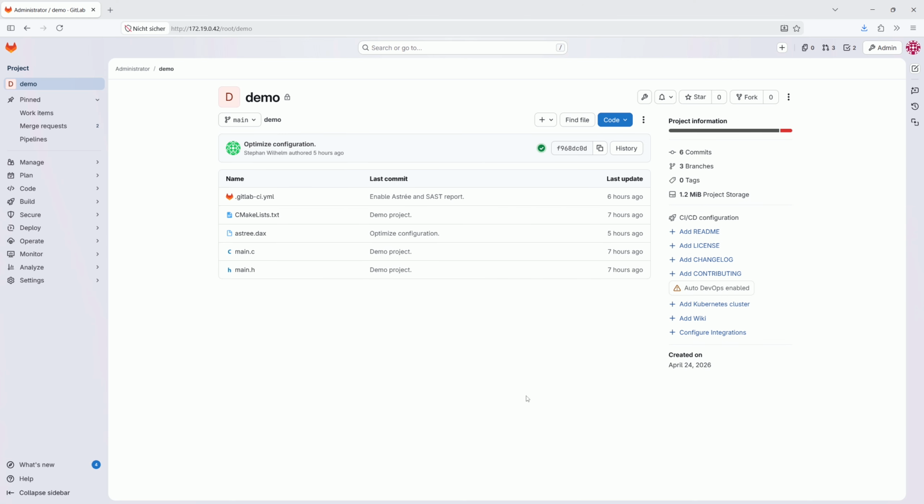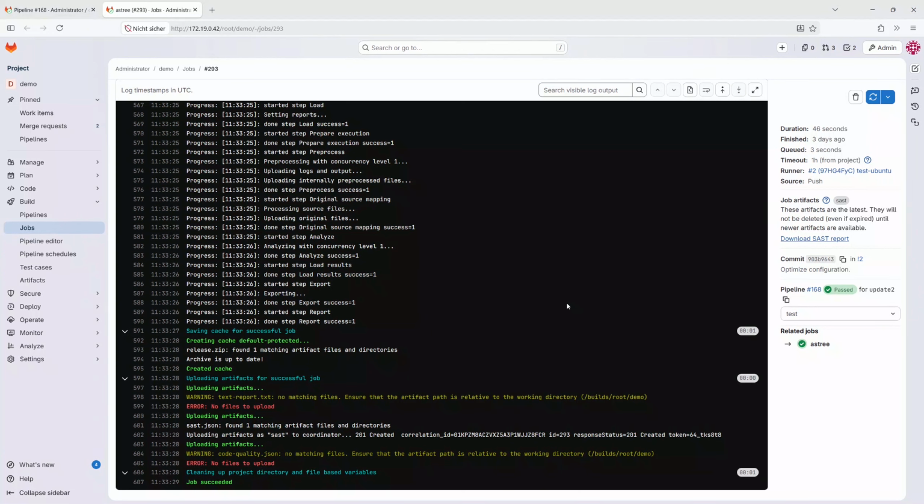Here I have prepared an example project with the continuous integration pipeline. There have already been multiple automatic and manual CI runs, so let us just select one of those. And as you can see here, the console output includes the familiar analyzer output, similar to the usual a3 launcher CLI